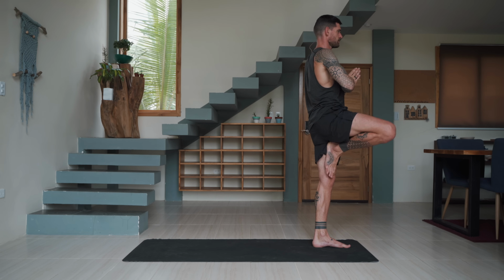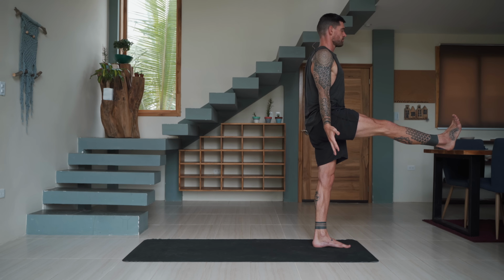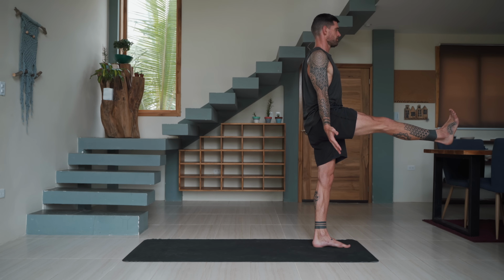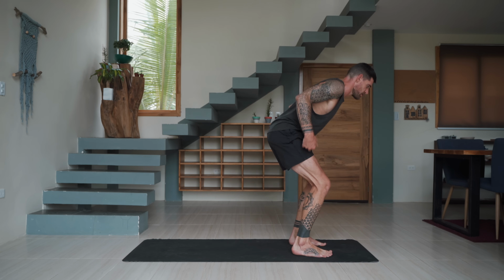Extend the right leg forward, hands down by the side, straighten through both legs, lean more forward, lift the right leg higher up. Last deep breath in. Exhale, step the right foot down next to the left, readjust if needed, chair pose, inhale,